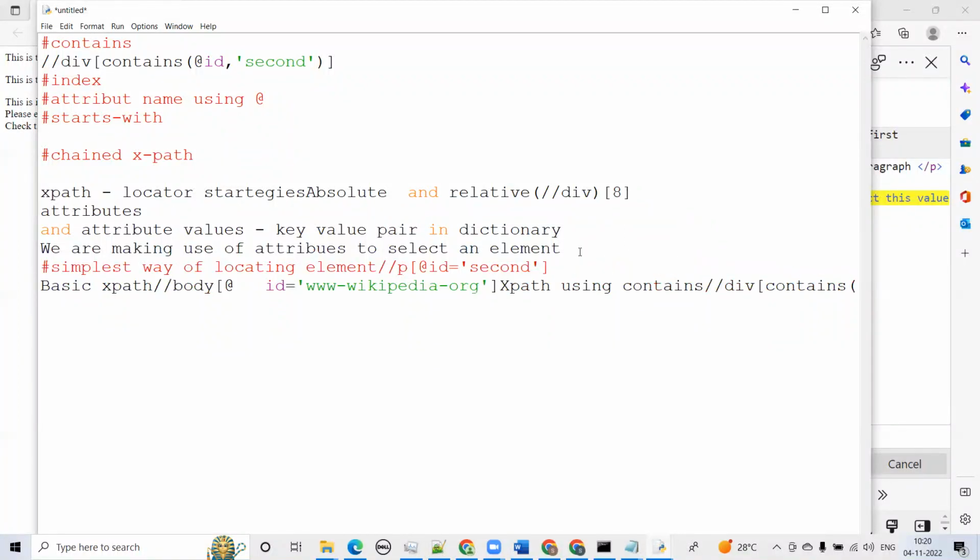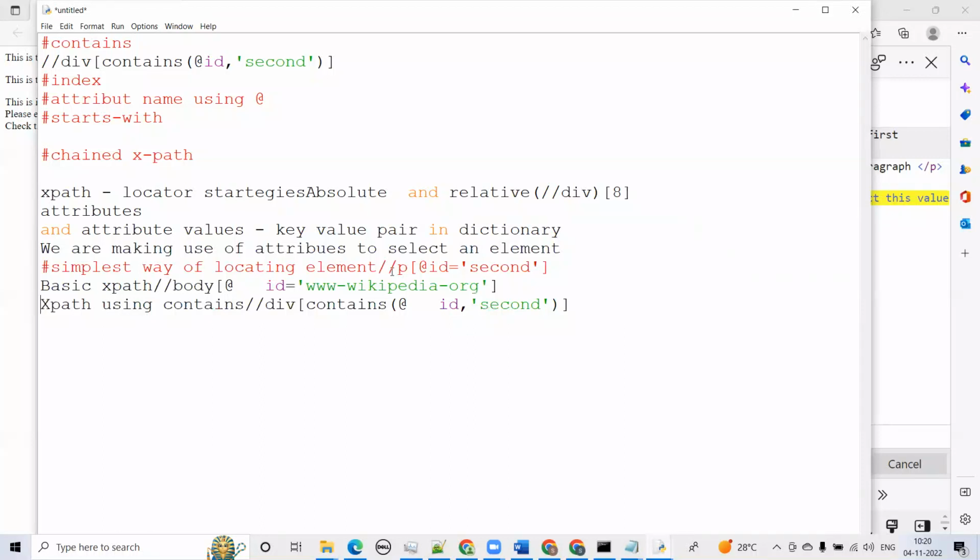Basic XPath using contains. Anyways, fine. So we have seen this basic XPath using contains like here. Now, starts with. Suppose our ID is,